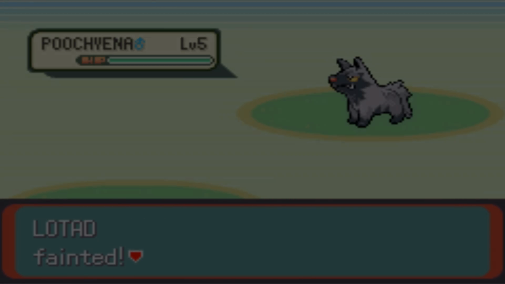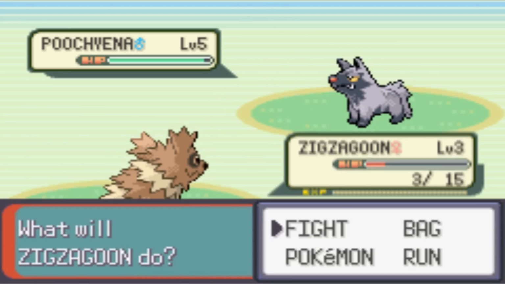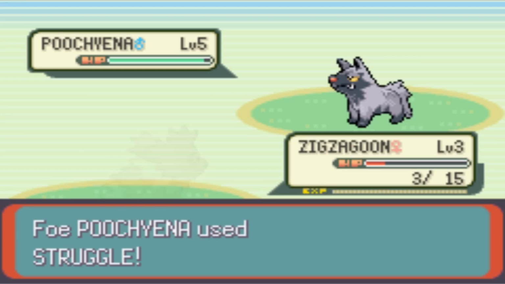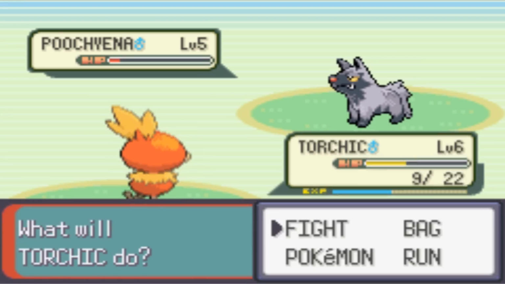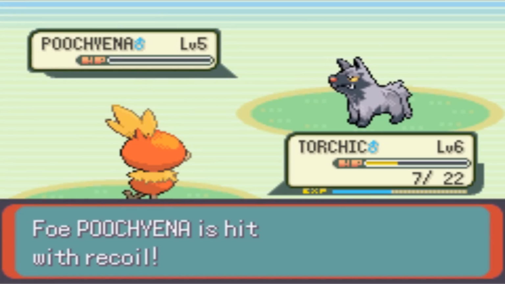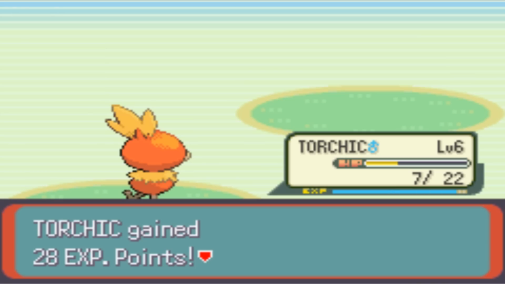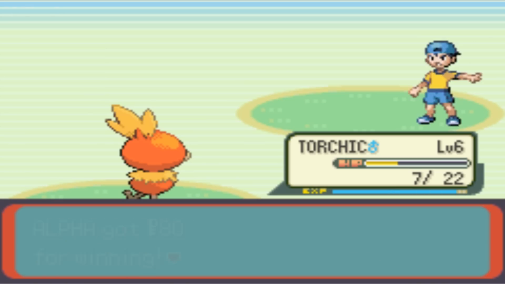Now when I say we're gonna do something stupid, I really meant we're gonna do something stupid. So as you see, I'm just wearing it down with Growl until it runs out of PP and Struggles, starts doing recoil damage to itself, and then we beat it. This is the only trainer that we really have to fight before we get the actual Pokemon on our team